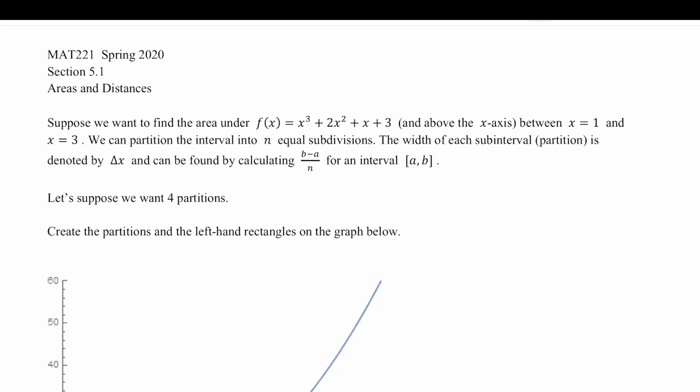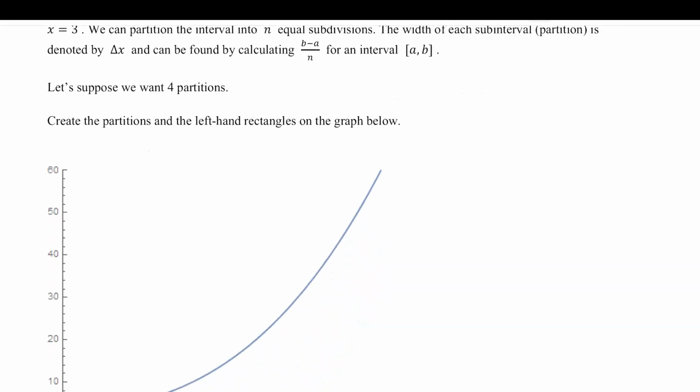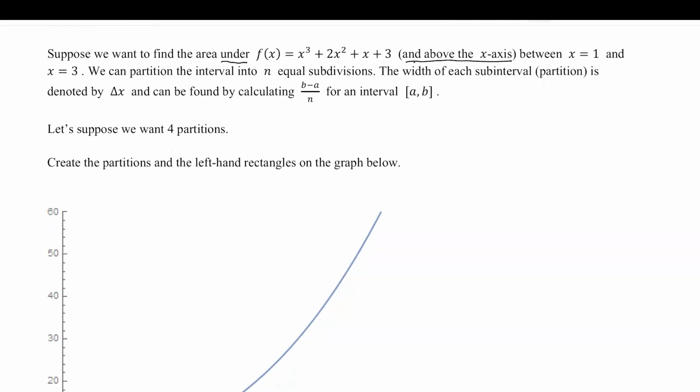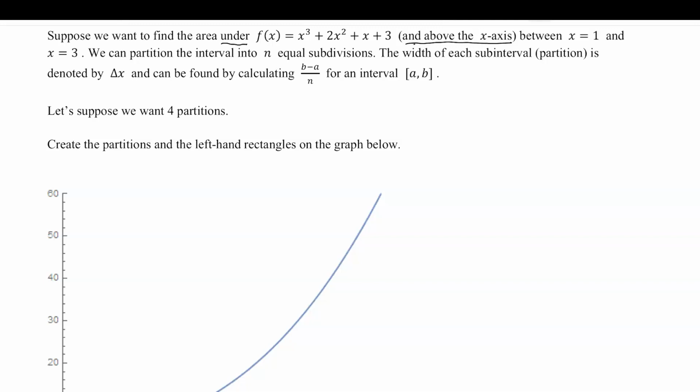In section 5.1, we think about how to calculate the area under a curve. And whenever we say the area under the curve, generally we mean the area between the curve and the horizontal axis. So here it's under this function f of x, but that means under f, but above the horizontal axis. So we're interested in figuring out this area, which again, if you think about it,